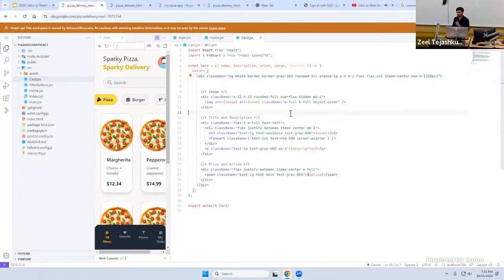So for every small element, you create a div, and then you create divs inside divs, because you can have a whole page, and then you have a component, and then in that component you have an image, and then in that image you have a name. So it's like a tree of layered divs. So that's what we are doing here. Now this is the main div,